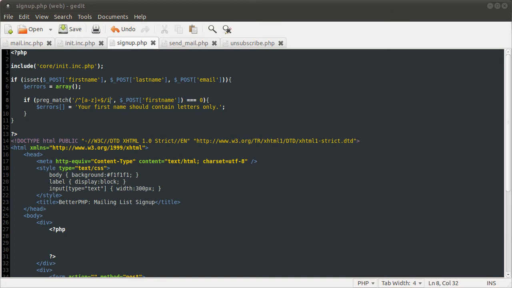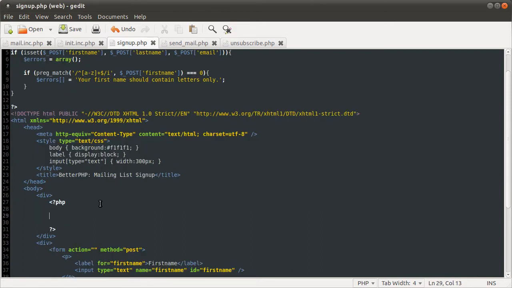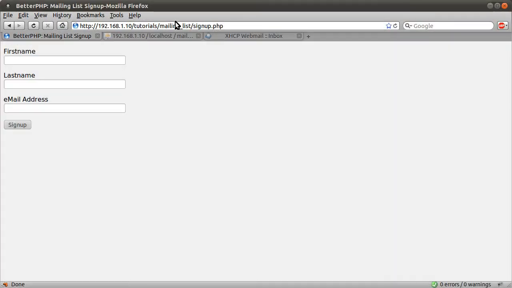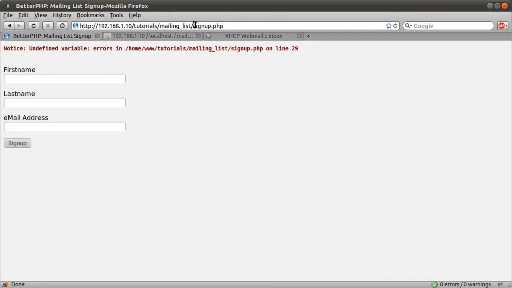In this video we're going to test what we did with the regular expression, and then continue on from there. Just to test this for now, down here I'm going to add print_r errors. That will print out the whole errors array to the screen. If we go back to our page and hit reload, we'll get an error. Don't worry about that for now, it's just because we haven't defined the errors array if the